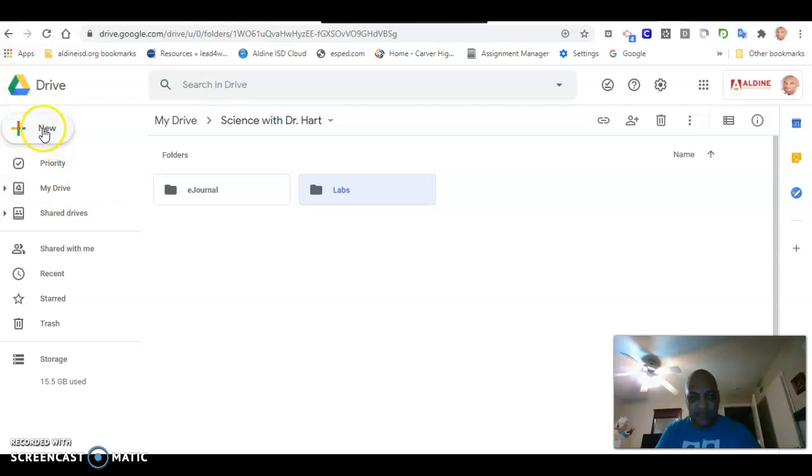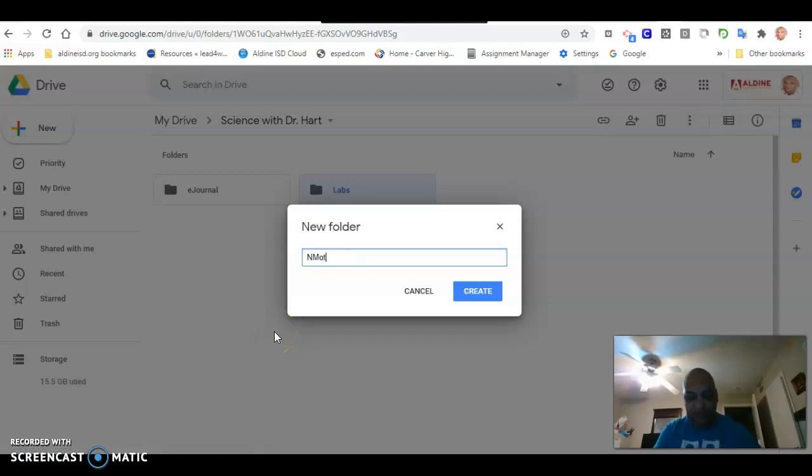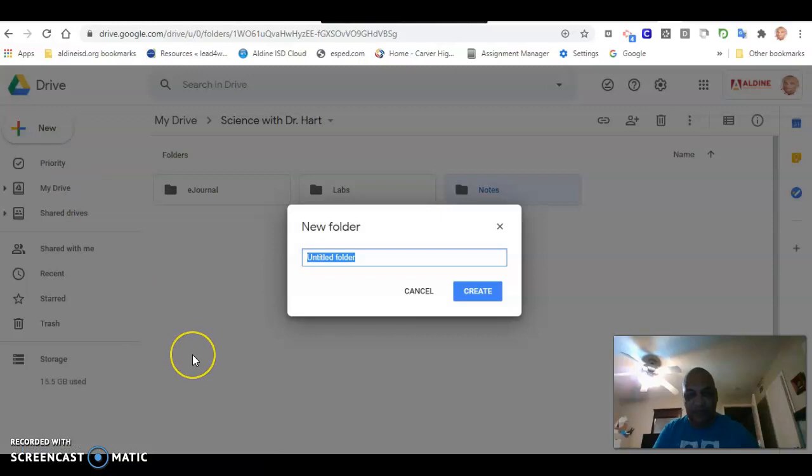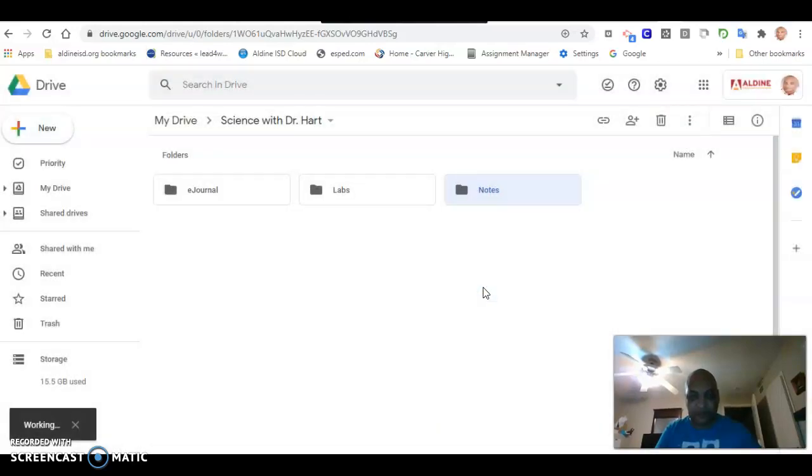All right, we're going to add another folder, and we're going to name this one Notes. And then we're going to add one last folder, and we're going to name this last one Team. Great. Okay, and there you have it. Once you have placed all these folders in your primary folder, Science with Dr. Hart,